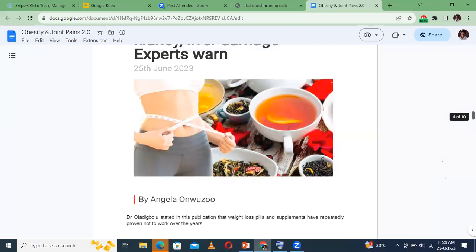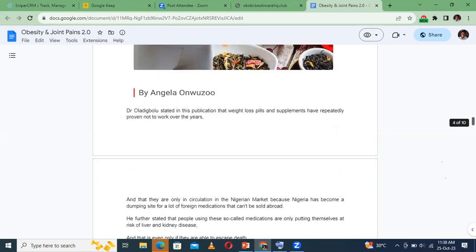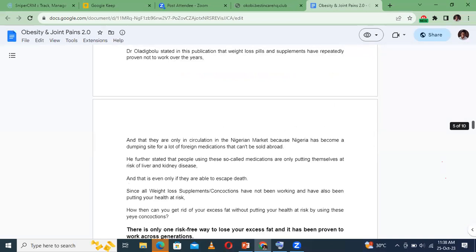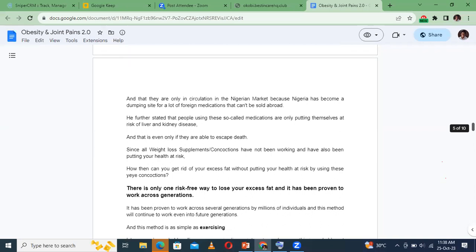So slimming teas, weight loss medications may cause kidney, liver damage, experts warn. So this was the name of the man in the publication I read. So Dr. Oladigbolu stated in his publication that weight loss pills and supplements have repeatedly proven not to work over the years, and that they are only in circulation in the Nigerian market because Nigeria has become a dumping site for a lot of foreign medications that can't be sold abroad. He further stated that people using these so-called medications are not only putting themselves at risk of liver and kidney disease,